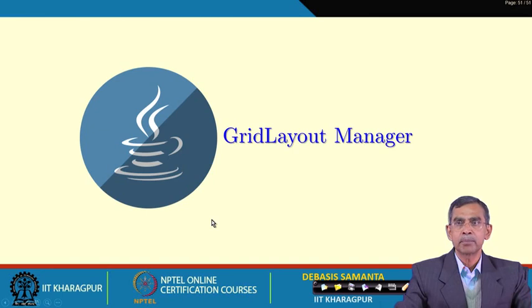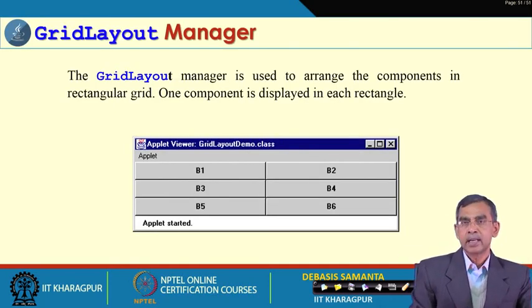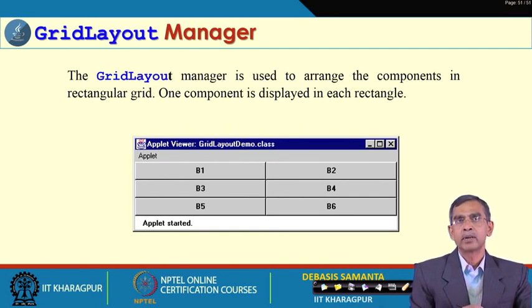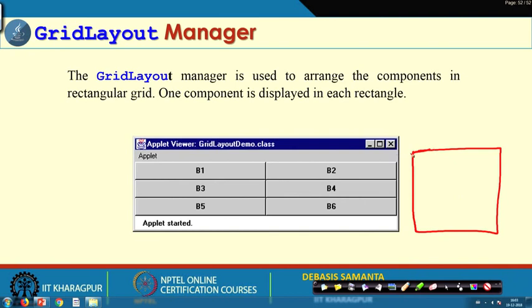This is also a very important layout manager, in many ways similar to flow layout, but it has a little bit different meaning also. In case of flow layout you just go on adding, and then automatically it will adjust, and the adjustment can be controlled by h gap, v gap, and so on. But the idea about this grid layout is that we can make the entire container into a number of grids.